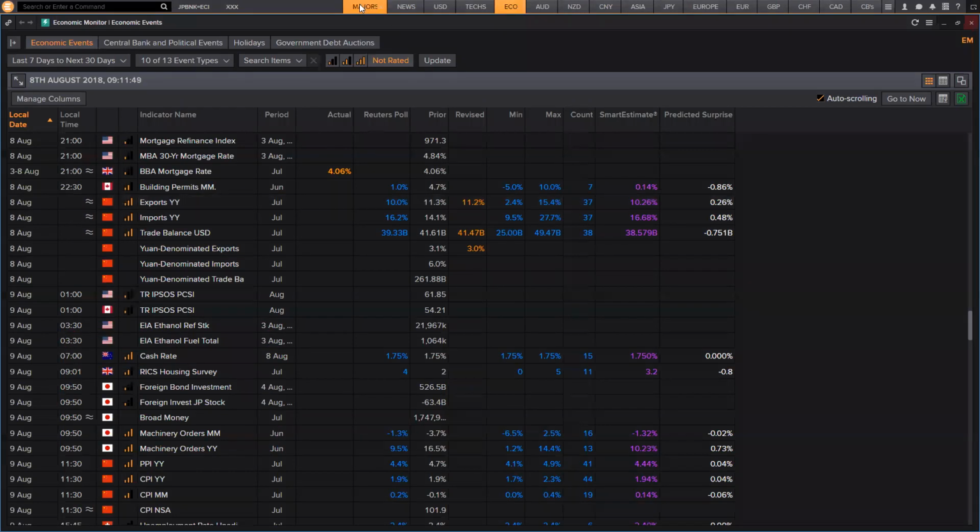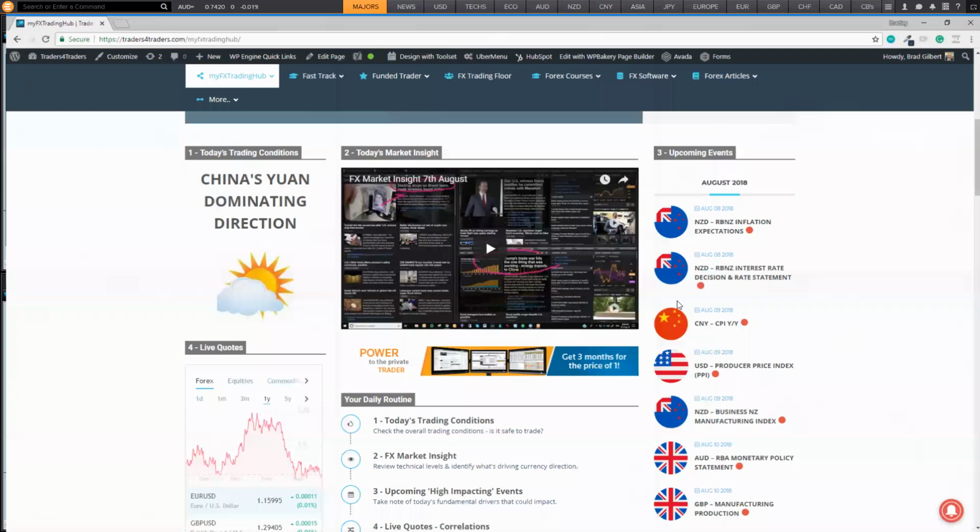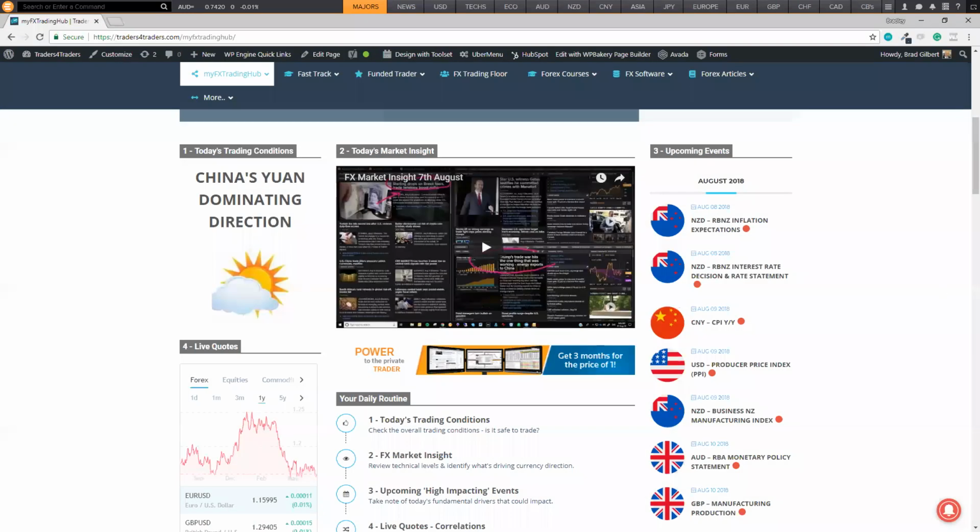All right, so that's pretty much it, guys. It's one of those things that you really have to be aware of: the main raw nerve for the market, I think it's pretty easy to see what it is. It's the offshore yuan. We've got a very close focus on that. With that correlation matrix, you can see the Aussie and the Kiwi, the two most important pairs, which is no real surprise. But keep an eye on this as we go through the day.